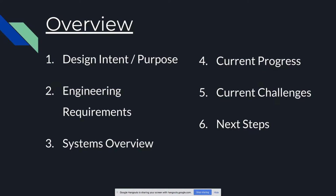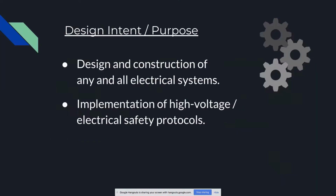So, again, what we'll be talking about: design intent and purposes, engineering requirements, systems overview, current progress, current challenges, and what we're going to be doing. We're handling all of the electrical systems. So everything from the battery system, what's referred to as the tractive system, to powering the motor and handling all the user controls. Anything that has amperage going through it, we're going to be working with. And we also are implementing the team's high voltage and electrical safety policies,